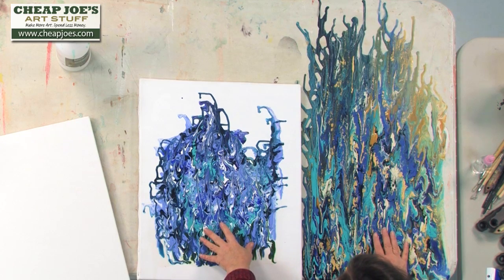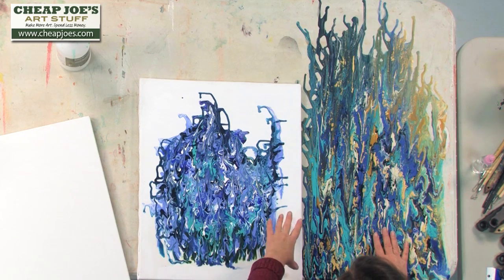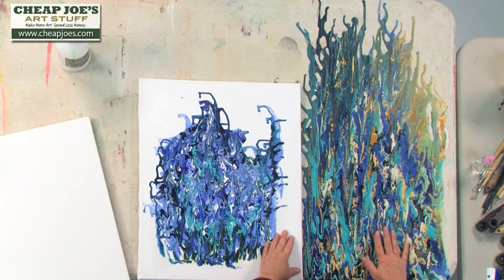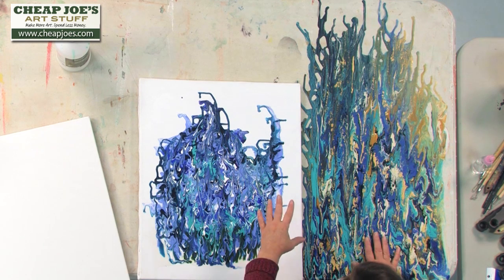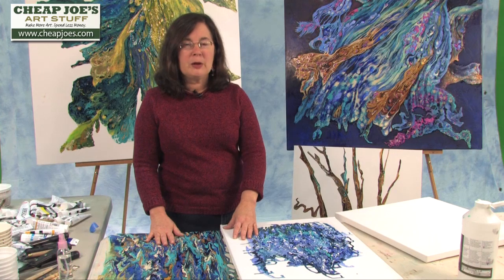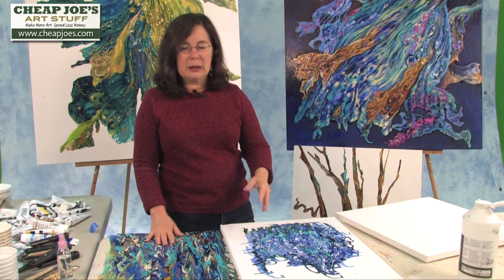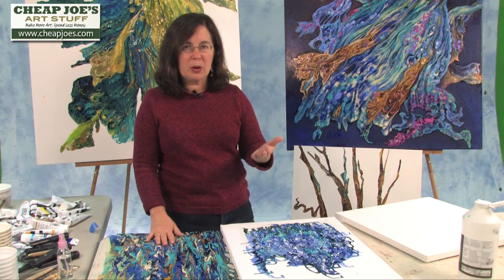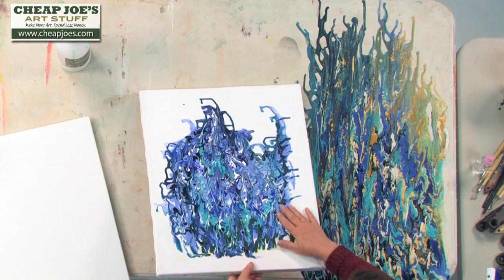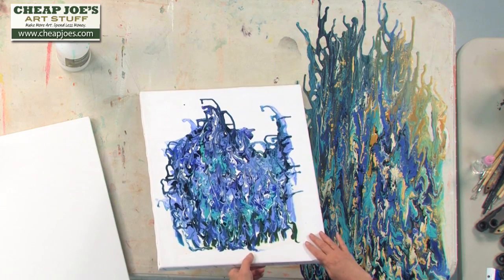It sets up a little bit higher. It's a little more definition. Because the canvas has more of a texture to it, the paint doesn't move quite as much or as quickly. This canvas has been primed with gesso, which I do recommend. The gesso just keeps it from absorbing the paint. It makes the paint sit on the surface a little bit more. And you could go back in and paint on top of this, paint areas. You know, you could have a lot of fun doing it directly on the canvas,